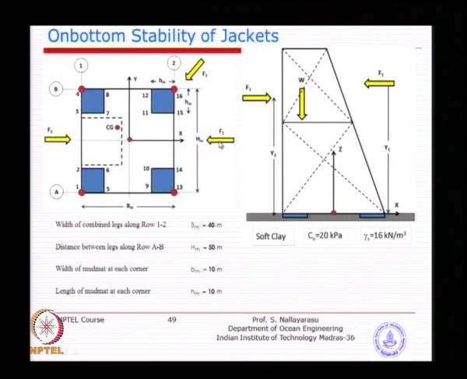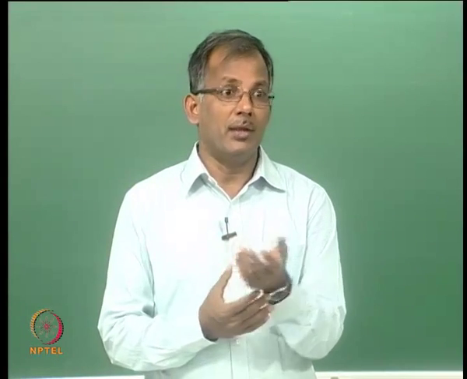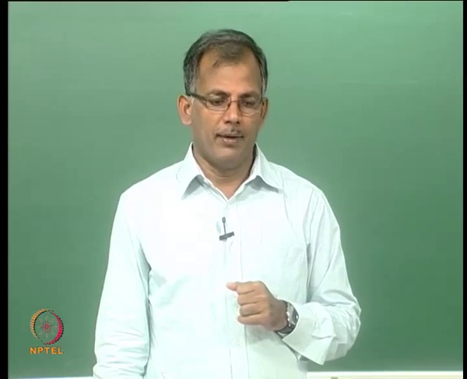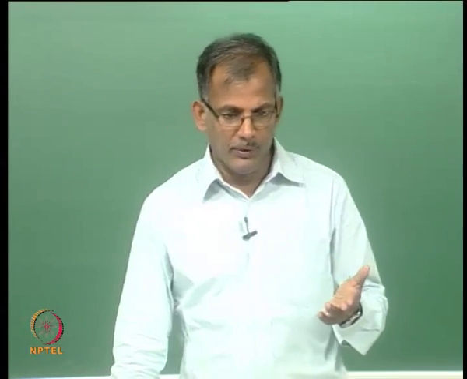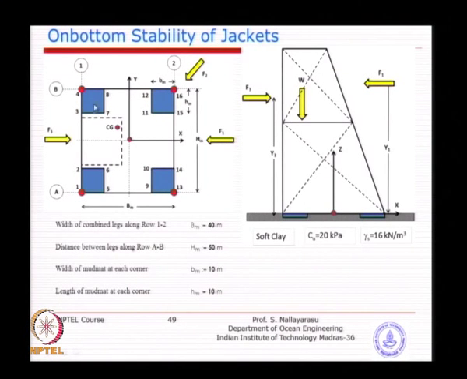Now, before you start wasting your time doing unnecessary calculations, you need to see which will be the critical one, and that is what you have to evaluate, at least from the examination point of view. If you are given a problem like this, which one should I work out so that I can get the minimum factor of safety, depending on which phase is critical? Center of gravity is moving towards this direction, and you can see here this is the phase that is going to cause instability, because the COG is on this side.